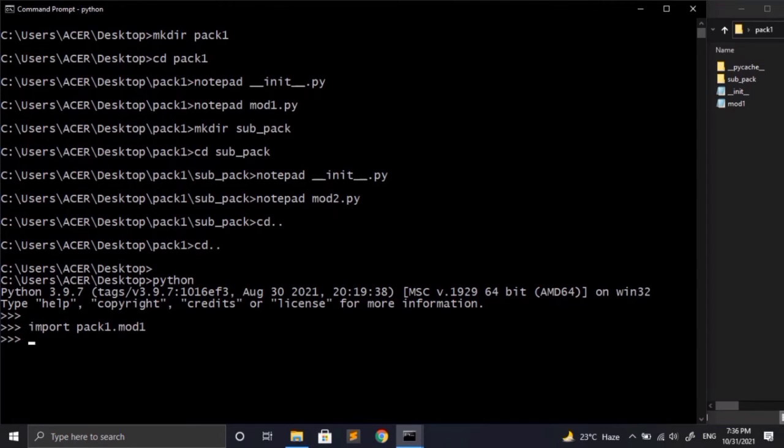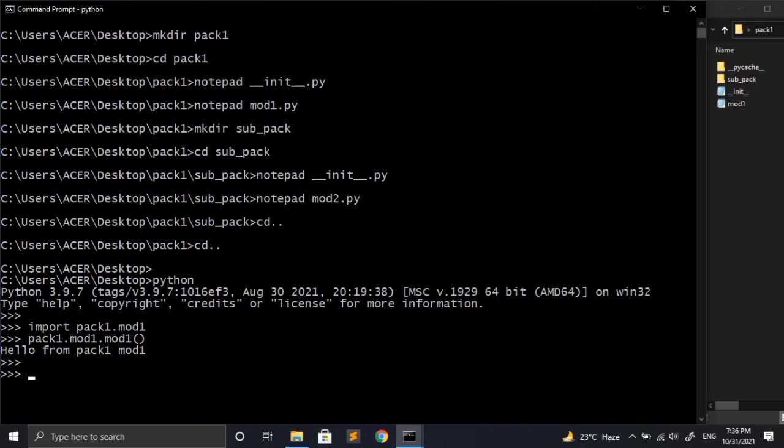Now to access any definition inside module 1, we have to write the full path, that is pack1.mod1, and after that the definition. If I want to access the function inside module 1, I have to write pack1.mod1, and after that the name of the function with parentheses, so it becomes pack1.mod1.mod1(). After doing this our function runs and it says hello from pack1mod1.